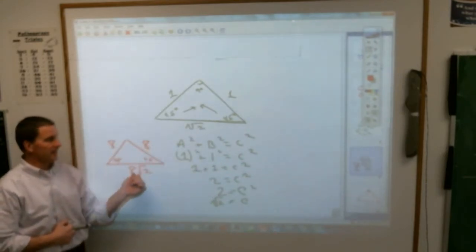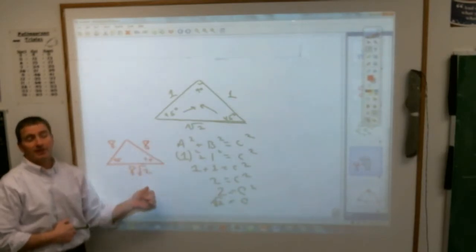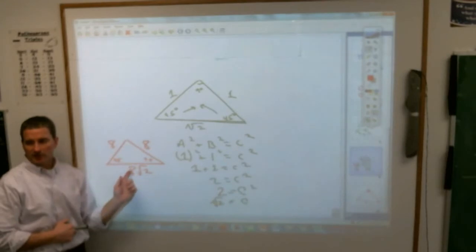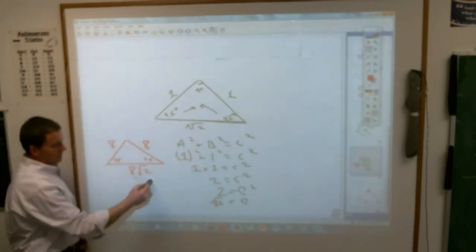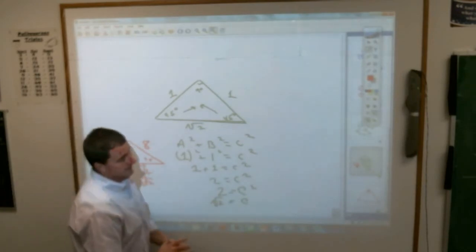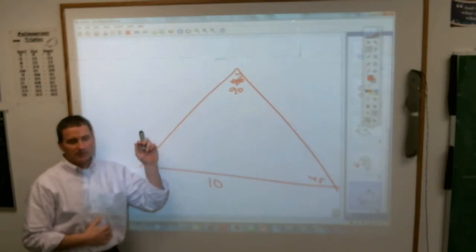I'm not dividing. 8 square roots of 2 divided by half is not that. 8 square roots of 2 divided by half actually is 4 square roots of 2. What am I actually doing to go from here to here? Not dividing by 2, I'm actually dividing by the square root of 2. That's this. 8 square roots of 2 divided by square root of 2, that goes away. So if that's the case over here, it's not going to be pretty, but my answer is going to be